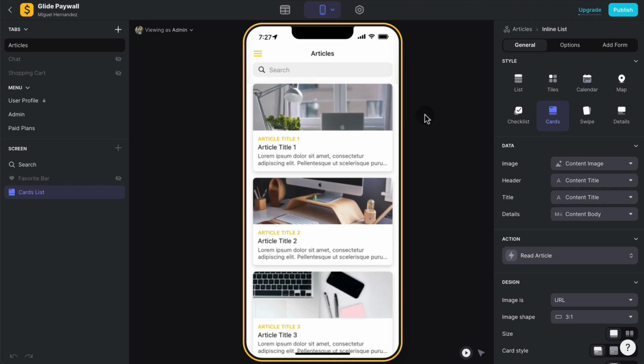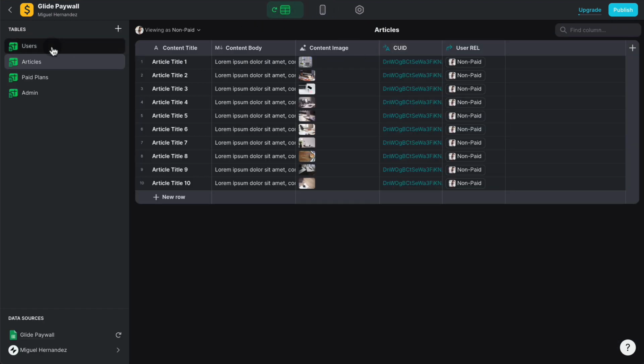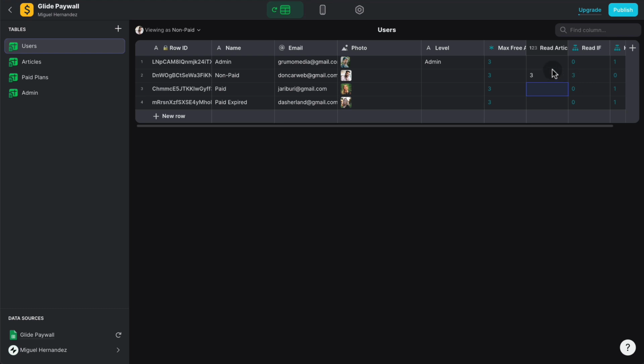What's going to happen right now is that every time I click on an article, the value of the read articles column under the users table is going to increase. So I'm going to click 1, 2, 3. If I go to the users table, under the non-paid user, we can see that the read articles value now is 3. The problem is that nothing is happening except incrementing the counter. We want to actually access the article content